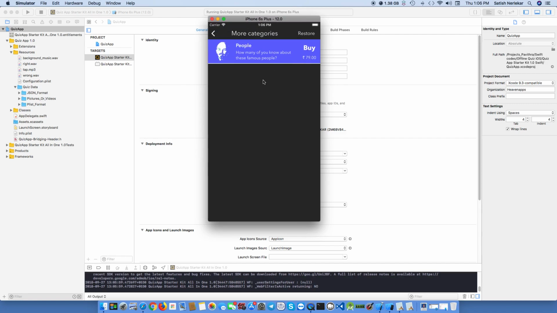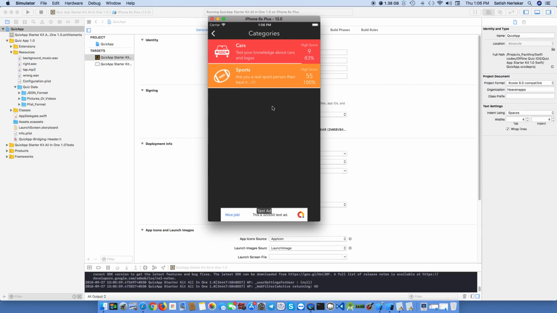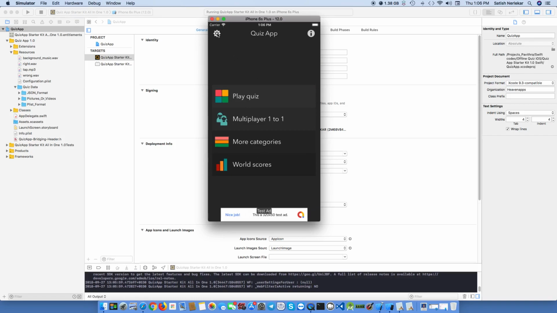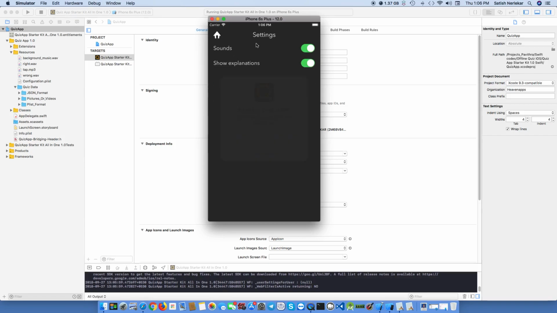So the user can buy this category. Once the category is bought, that will appear in play quiz. Now it has gone since it is for purchase. Okay, you can see